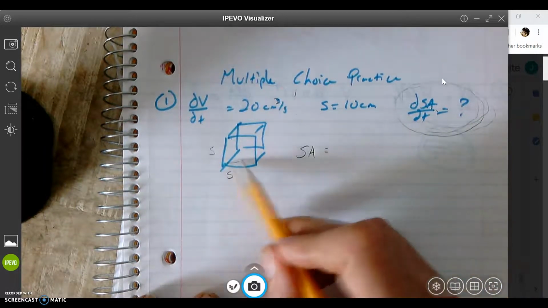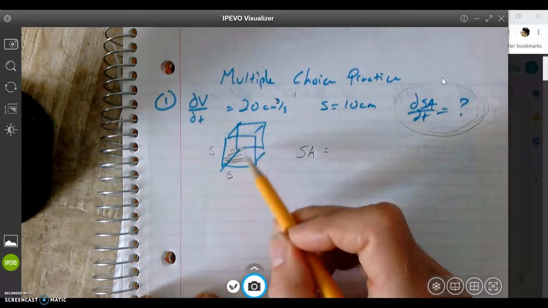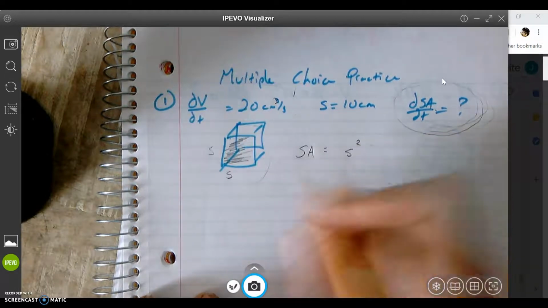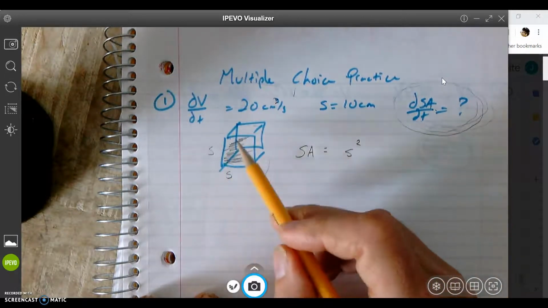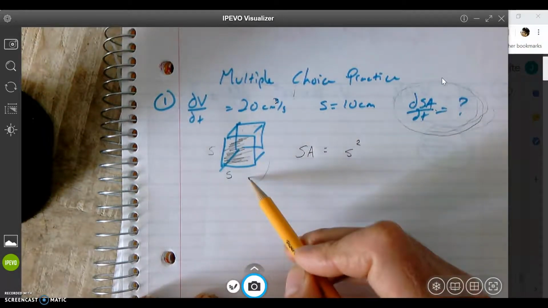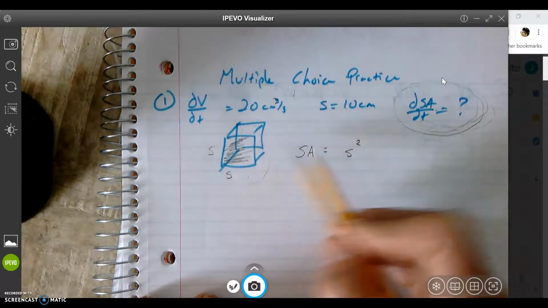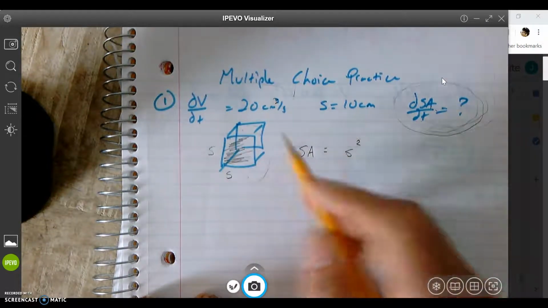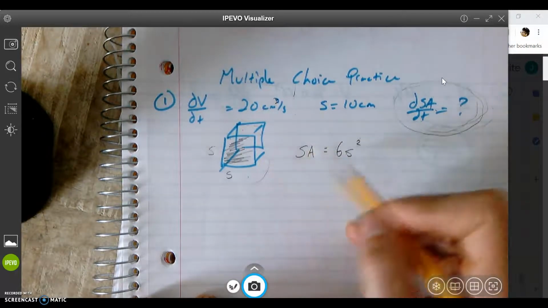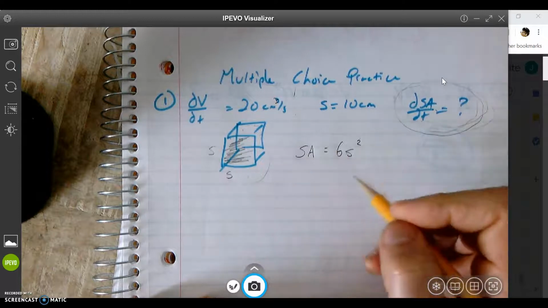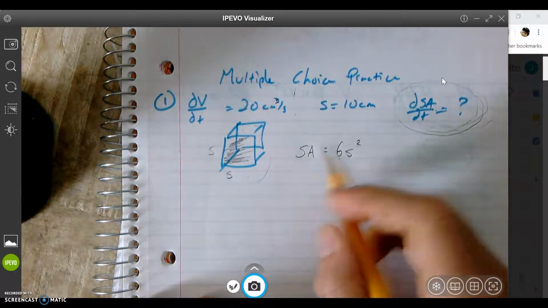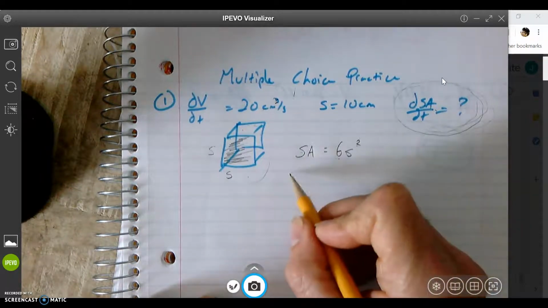The surface area of a cube, that's the area of all the faces, right? The area of one face is side squared, side times side. How many faces are there? There's front and back, left and right, top and bottom, so there's 6 faces. There's 6 s squareds for the whole thing. So it's 6s squared. Yes, you have to be able to come up with this on your own. Yes, you can do this. Here we go. 6s squared. Now if I find the derivative of this,